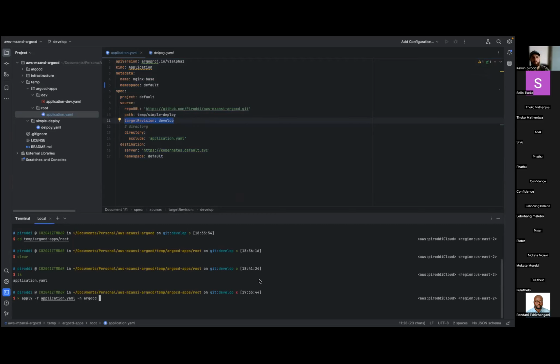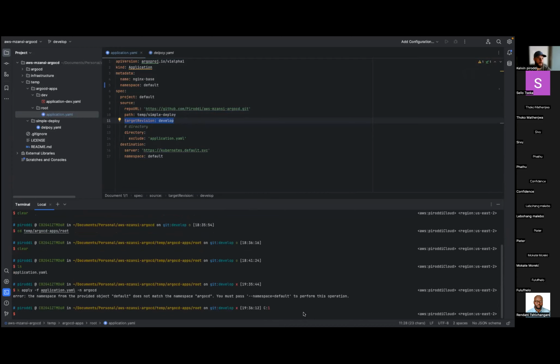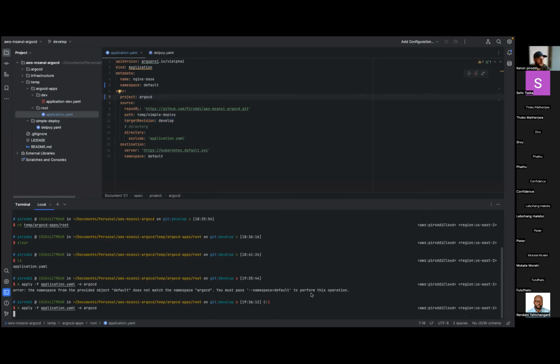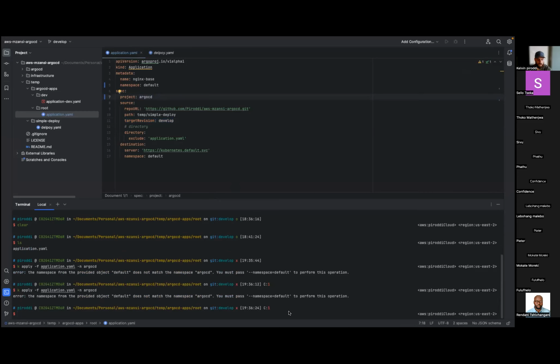There are also many practices of how to manage and deploy your ArgoCD applications onto your cluster. There are many different ways of doing it, which maybe we can get to in an ArgoCD advanced session: you can do the app of apps pattern, you can do application sets, a variety of ways of managing applications. But for now, I am just deploying a simple one. Let me just go, I don't have a default namespace. Okay, I don't have the ArgoCD namespace. I might actually connect to the cluster.